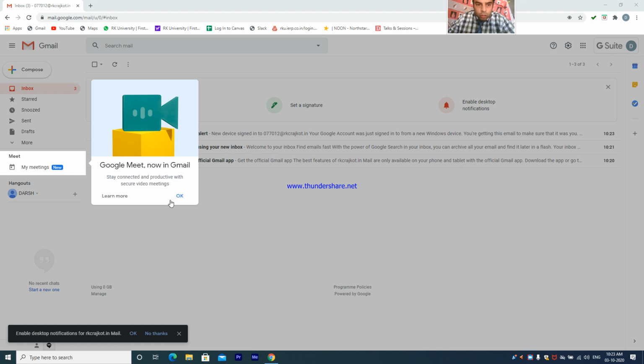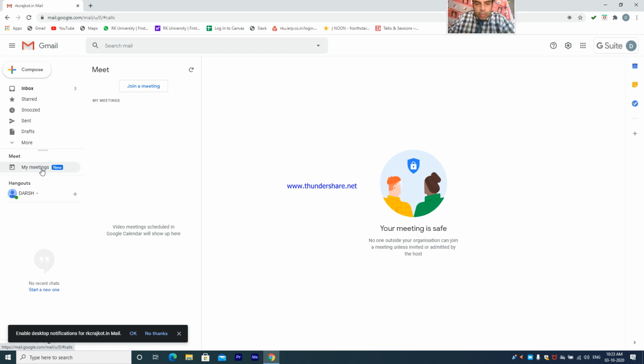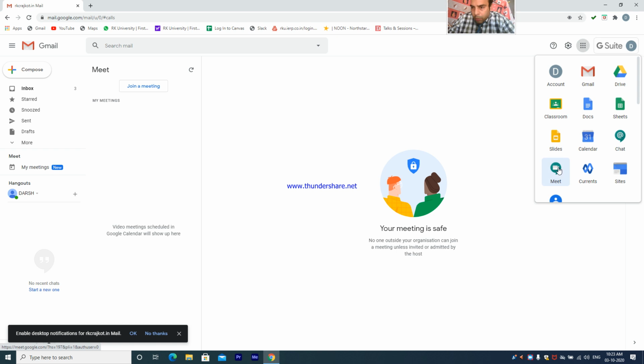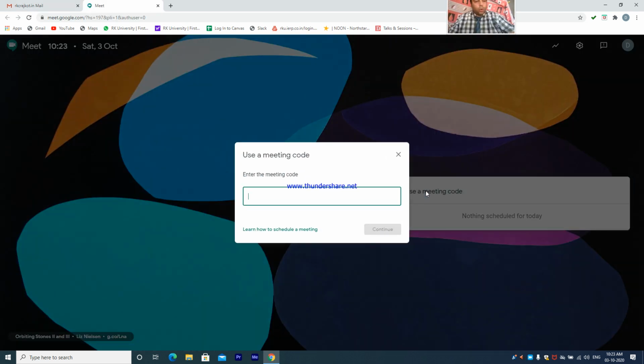This is meant for Darsh. Here the meeting is there, so whenever you are joining the Google Meet, you can join the meeting through here. See here, Darshkunt, the ID has been created, right? Whenever you want to join the Google Meet, you can click over here, click on Meet, right? Use the meeting code. In this meeting code, you are going to use the code which is sent to you through WhatsApp.